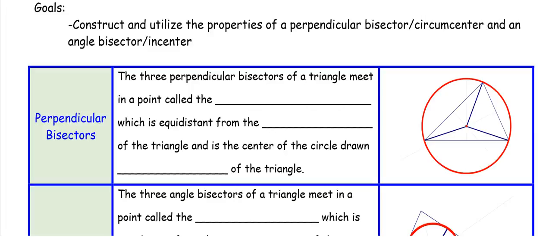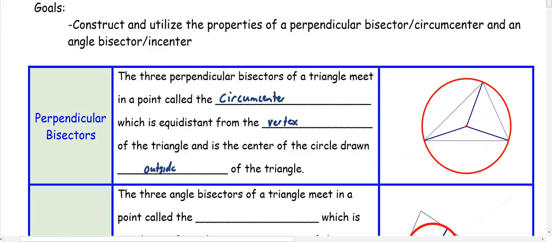This video is about constructing and using the properties of perpendicular bisectors and circumcenters and angle bisectors and incenters. So perpendicular bisectors, the three perpendicular bisectors of a triangle must meet at the point called the circumcenter, which is equidistant from the vertices of the triangle. The circle for a circumcenter then is always going to be outside the triangle, touching the three vertices of our